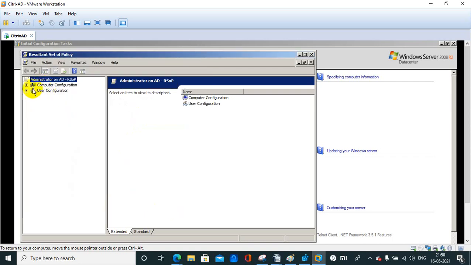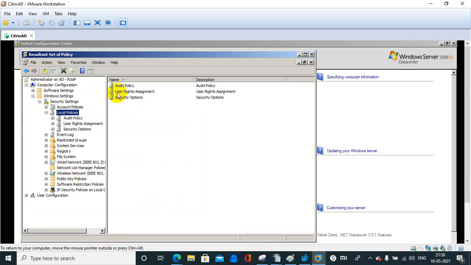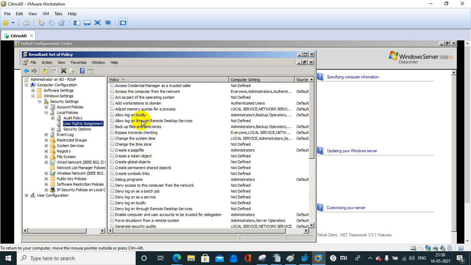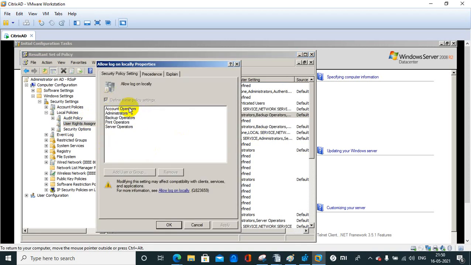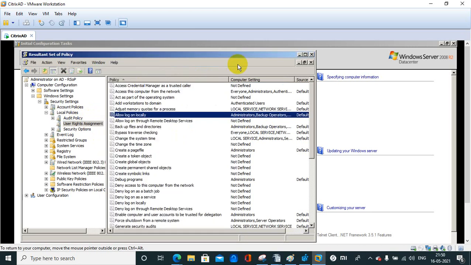You will get the list of the Windows policies, local policies. Suppose audit policy is there. These are the audit policies. User right assignment is allow log on locally. Log on locally means you will always log on through a local policy. So you need to check it.